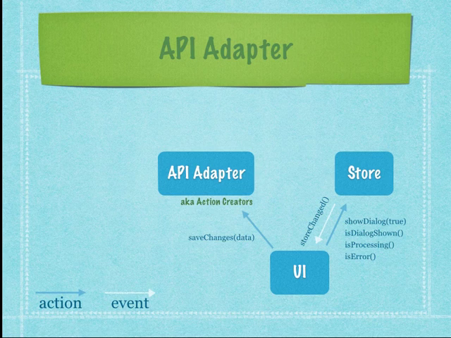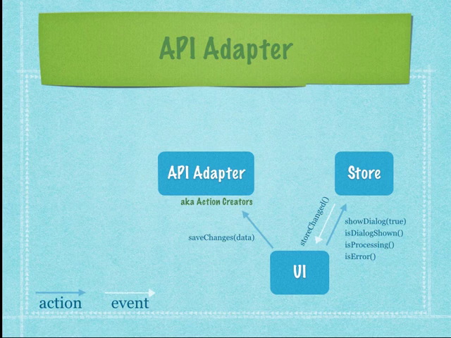Now, there's this weird thing going on about action creators. If you look in the documentation, it's not very clear what an action creator is, and it's not very clear what an action is either, in my opinion. So basically, let me give you my interpretation. An action is just payload. Action is just a piece of data. It's a very simple thing that contains the name of the action and whatever you pass in parentheses to be clear. And an action creator, which I like to call API adapter better, is something that receives